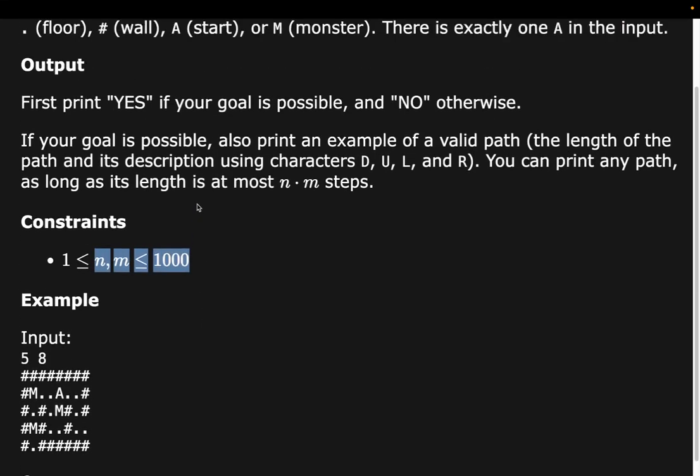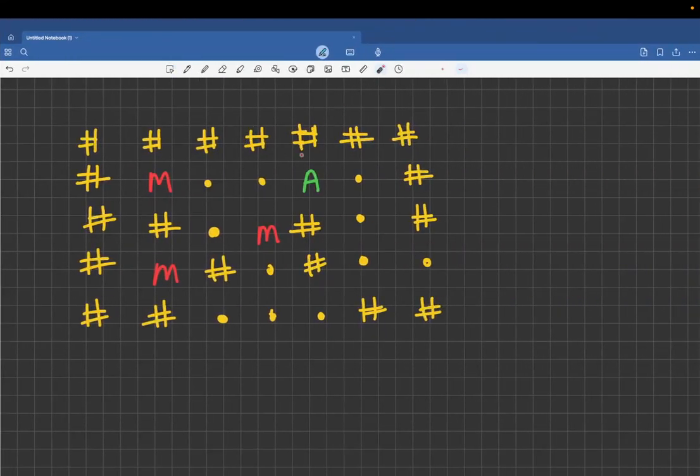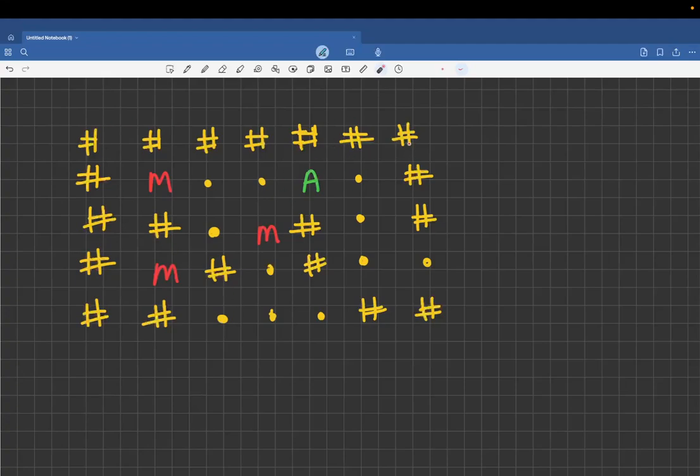Let's first of all try to understand what the problem is, and then we can see how we can actually solve this. The question says that you have one starting point and there are multiple monsters. Dot represents the floor where you can walk, and hashtag represents the wall where you can't walk. Now from the starting point, you have to go to any of the boundary points of the grid that is given to you. In this particular example, you can't go to these corner points as a wall exists over here. So you can either go over here, here, here, or here. You have to reach some boundary point in the grid.